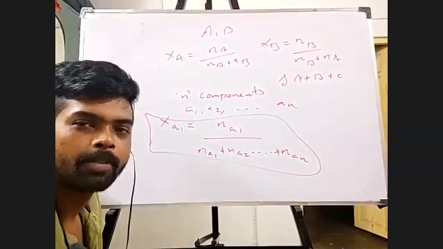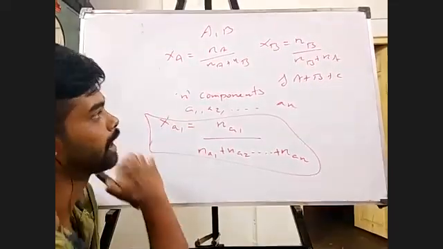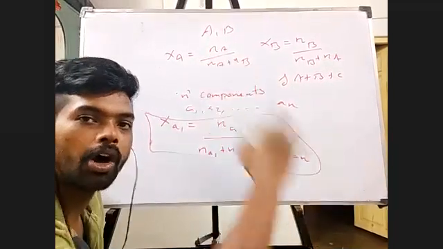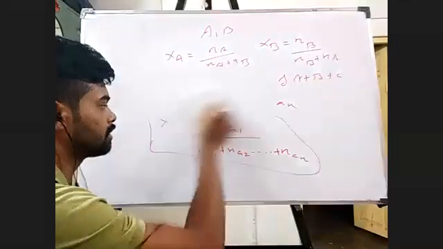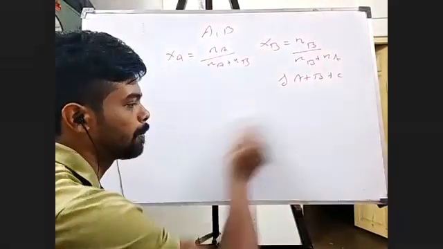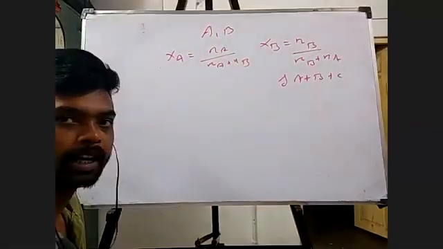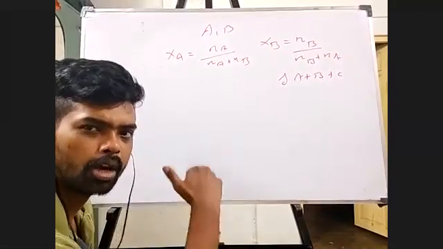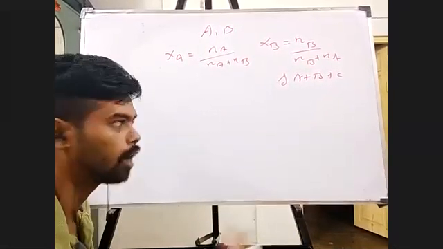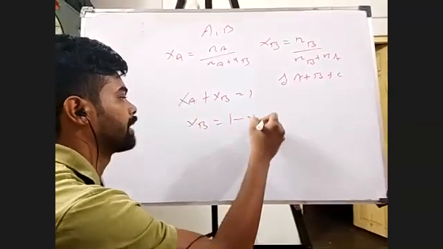Because why? Obviously, when I have a total of 1 mole, what is that particular component? Is number of moles. So when I add all the mole fractions, they must sum up to the value of 1. Okay. So if I have only 2 components in a mixture like this, if I know one of the mole fractions, I know the other mole fraction, isn't it? Say if I know XA and I want to know XB, and I know XA plus XB is equal to 1. So definitely XB will be equal to 1 minus XA.